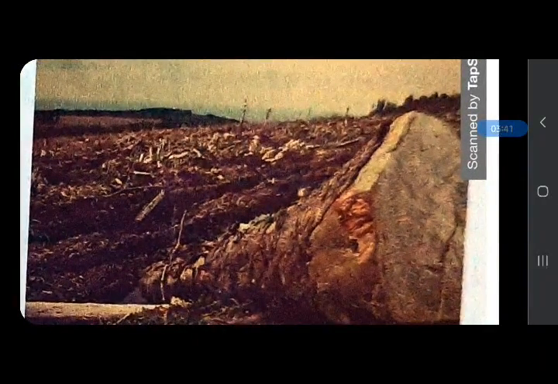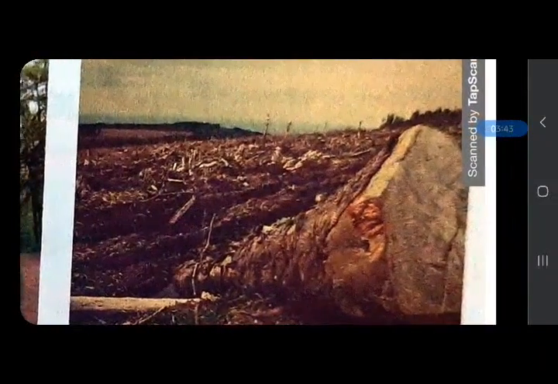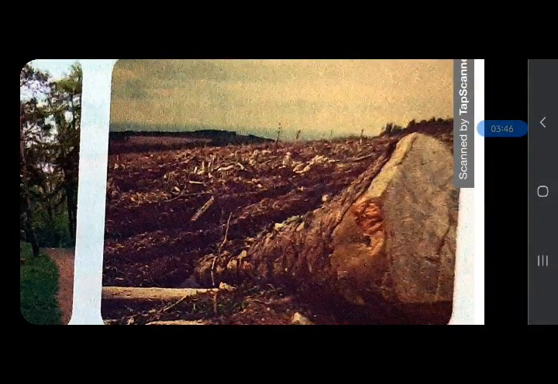By observing this picture, we can see that trees are cut down and this might have been a forest.